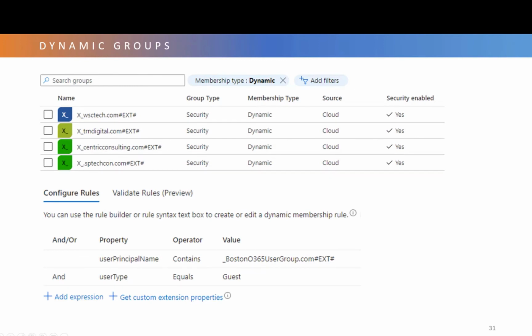The other thing I mentioned was security groups, Azure security groups. So if you don't want to add users to SharePoint and do all this crazy work that we're doing, you can architect everything through Azure security groups. I actually like dynamic groups. You can create a dynamic group based on an external user's domain name. So if you work with a vendor and you don't mind anybody at that vendor's domain name having access, you could set up a dynamic group to look at, are they a guest user? And you could look at the user principal name and just put them into an Azure security group. So that is possible.